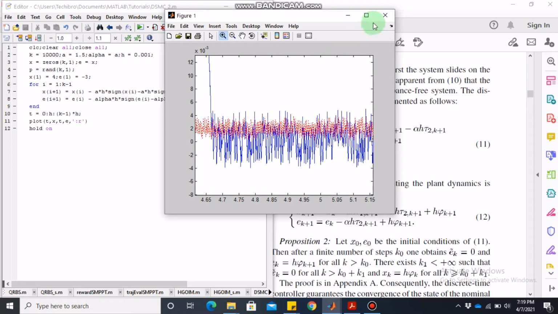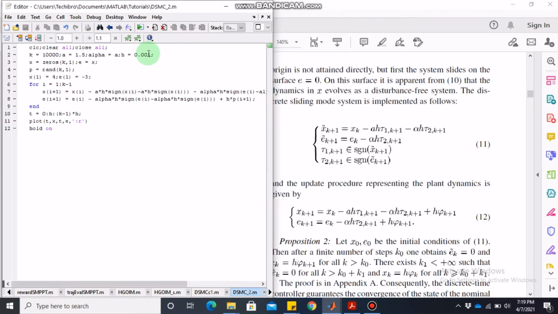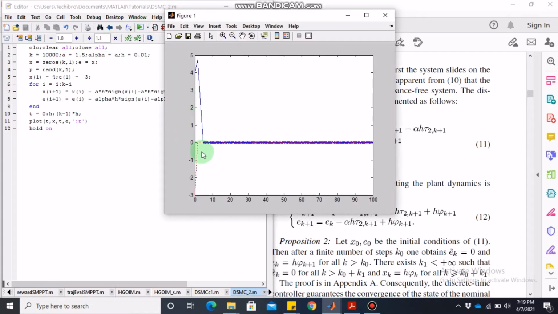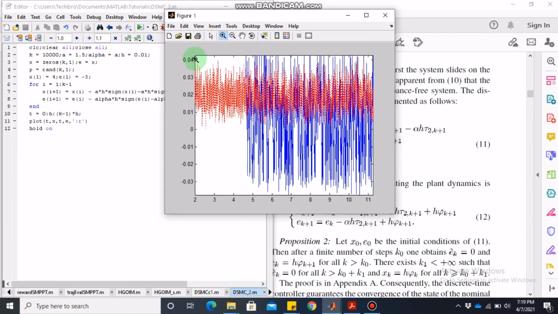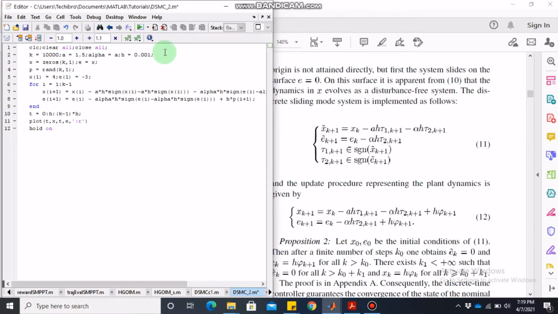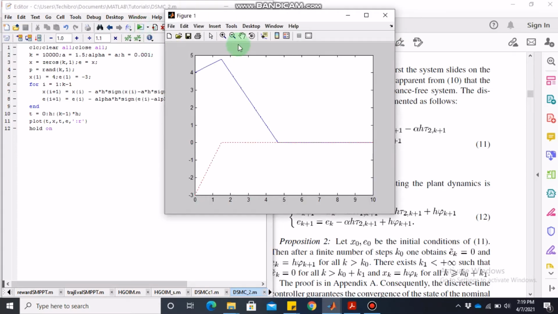Let me try to make this a little bit smaller, and let's see what happens. So you can see here that the magnitude of the fluctuations will of course increase. Here the magnitude of fluctuation is from 0.4 to -0.4 almost. But if I decrease this step size, then the size of fluctuation also reduces, which is what has been claimed